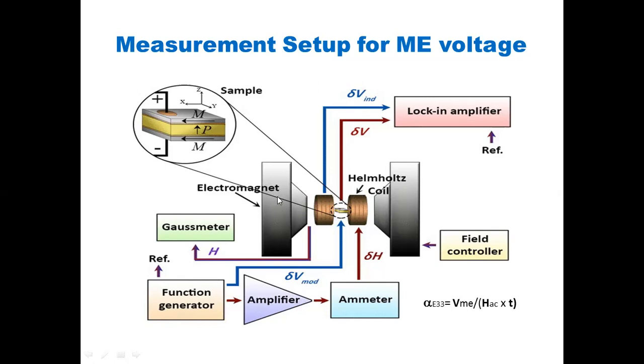In these huge electromagnets, we are supplying the DC current to produce the DC magnetic field between these two poles, whereas we are supplying the AC current through this pair of Helmholtz coils, so that the magnetic field